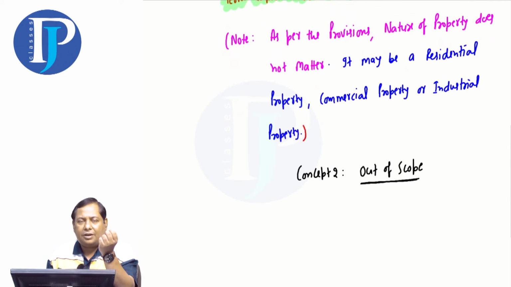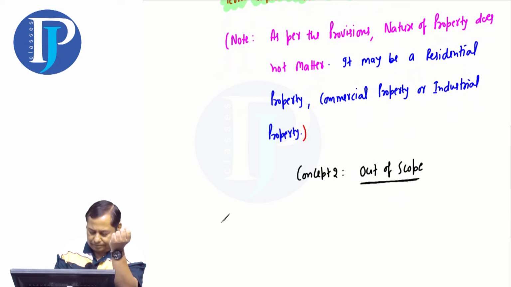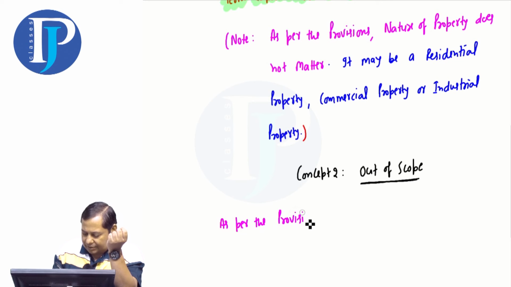I have already discussed these 7 points. Out of scope means what is not included. As per the provisions of Ind AS 40,